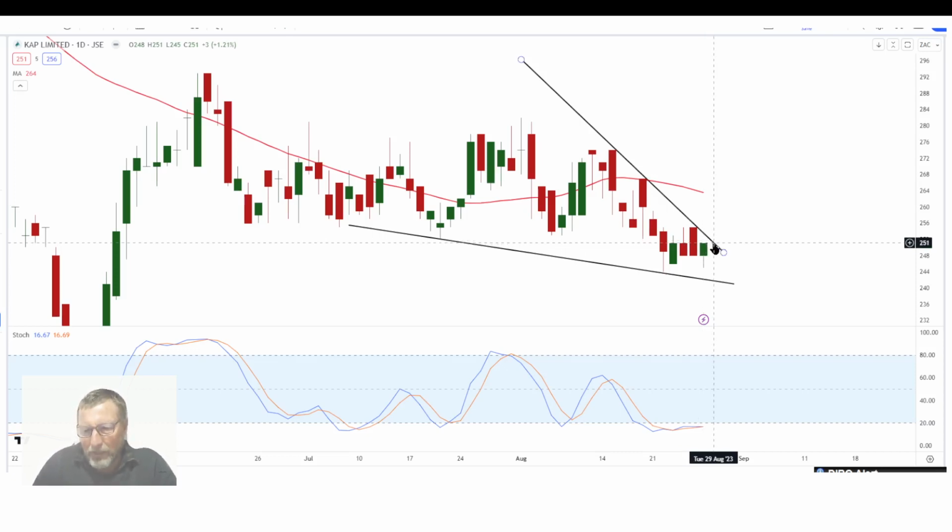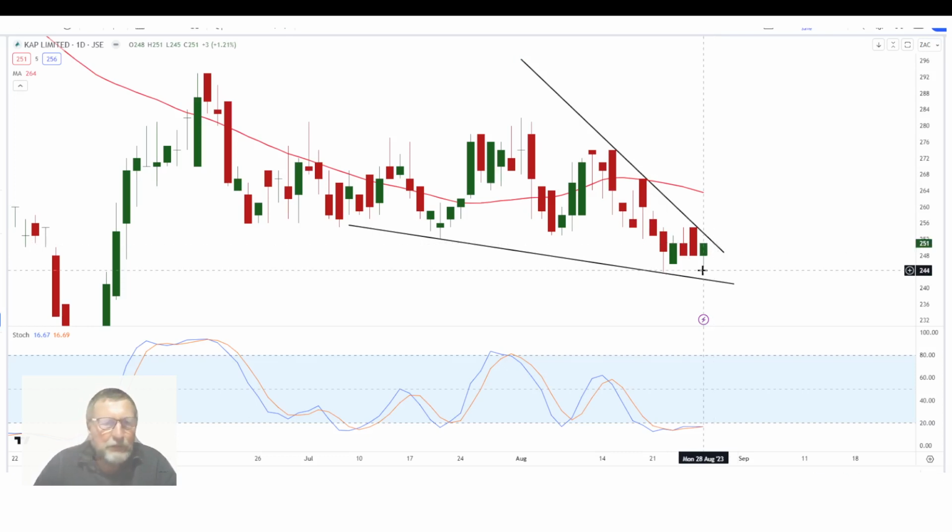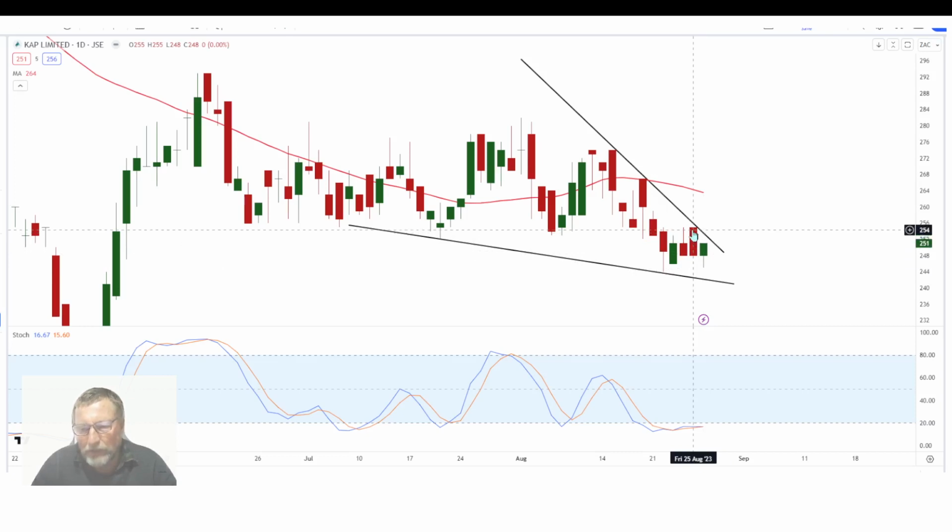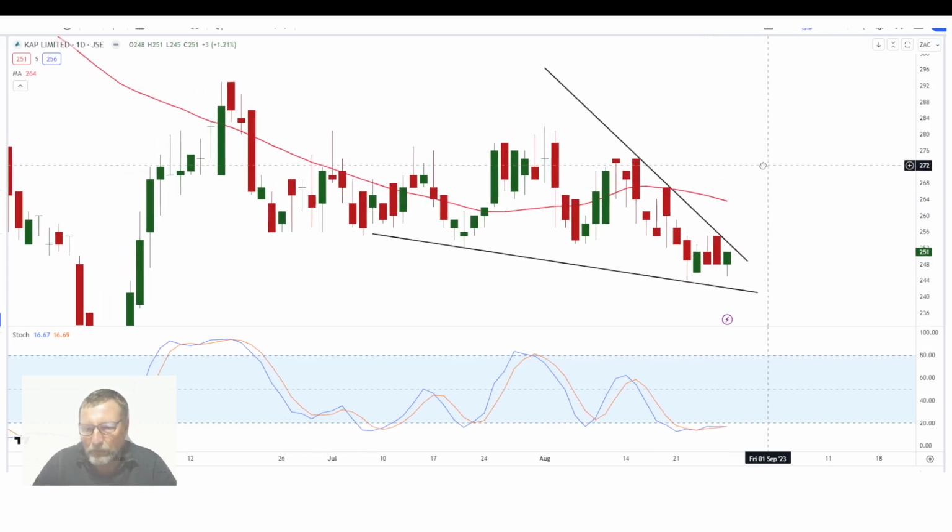So you can either buy at 253, make use of a stop loss of 248, or you can wait for that confirmation above 255, use the stop loss of 248, and then maybe we can reach for this 50-day moving average at 263, and we know above 263 the chart will look beautiful, and maybe we can see a beautiful bounce from there.